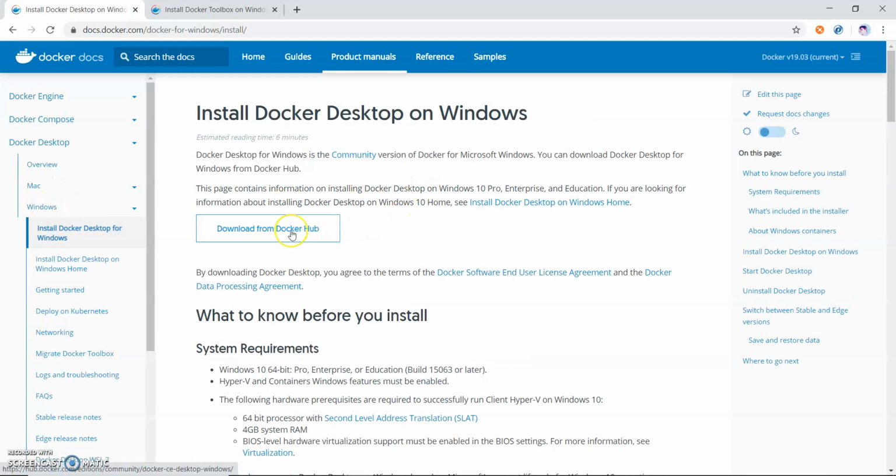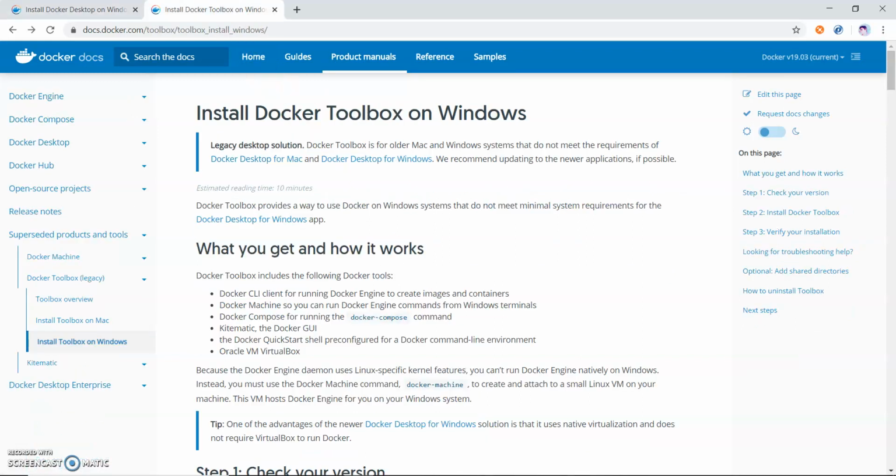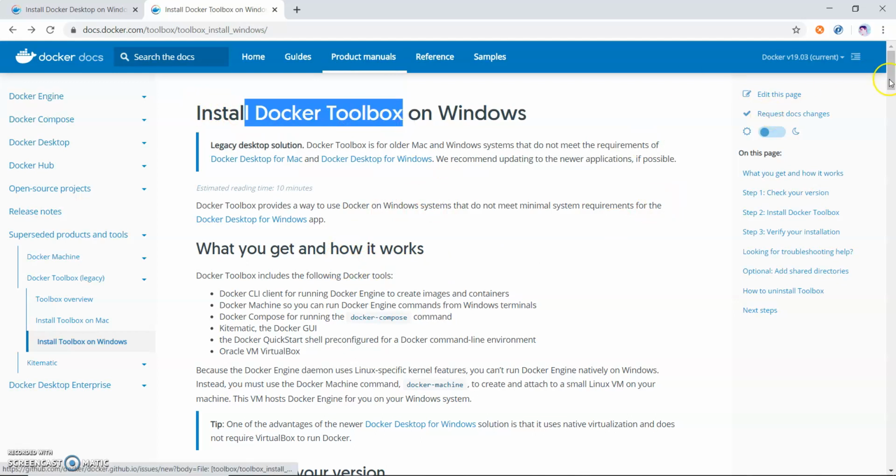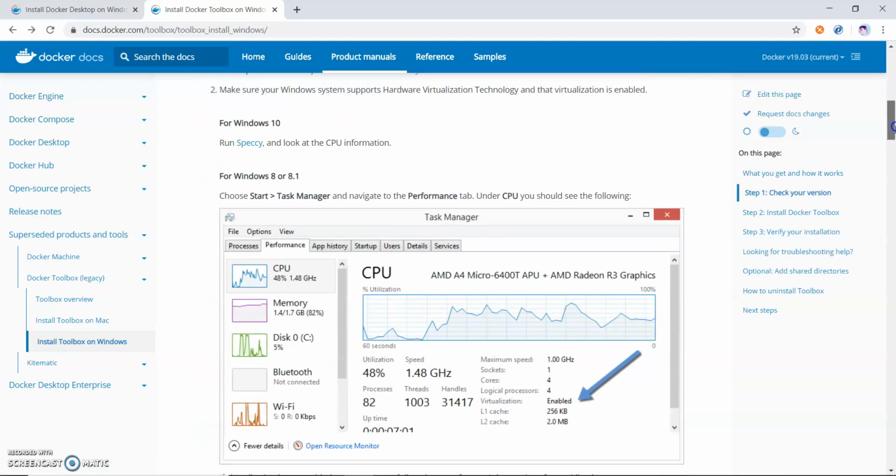Just download from here. You will get an exe, which you download as simple software. For those who do not meet the requirements, they can use Docker Toolbox for their Docker version.